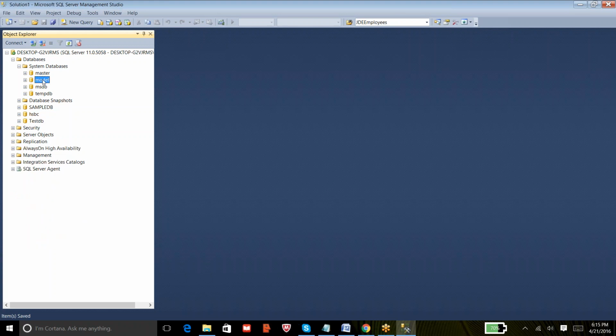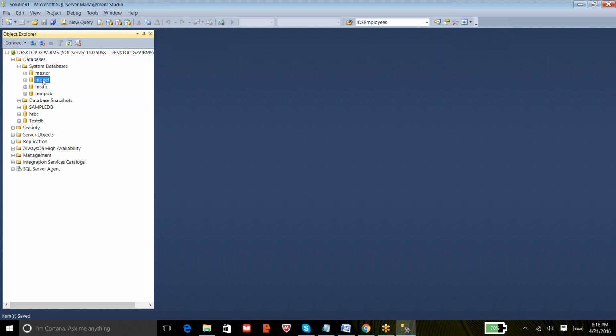So in real time, maybe the requirement is that in an instance, all the databases should contain a common table, maybe logging. All the databases, irrespective of what application they belong to, should have a table called logging. In that case, as it is predefined, you can create that logging table in model. That's it. All the new coming databases will hold that information.